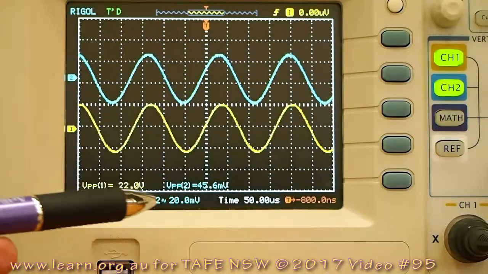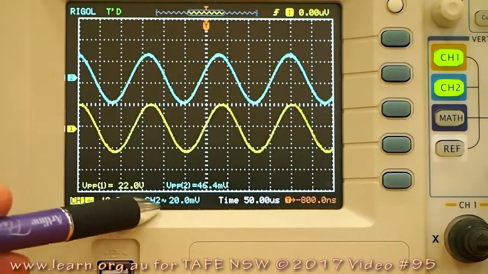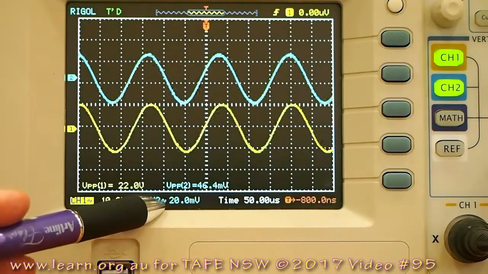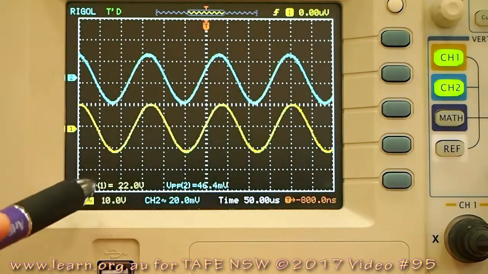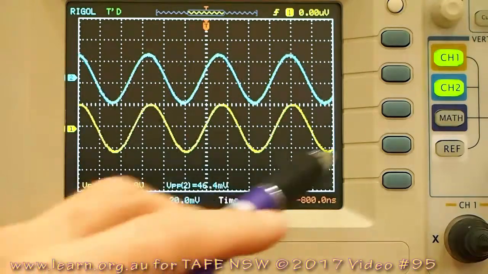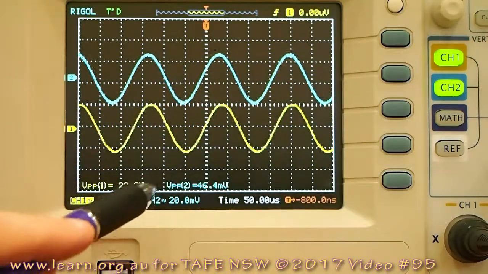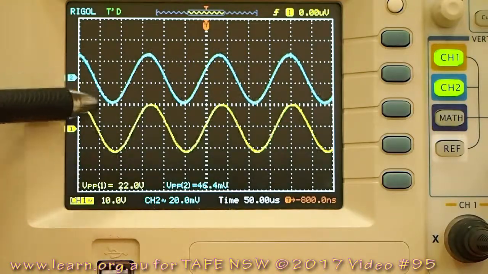I'm using channel 2, which is in blue, for the input. The input is set for 20 millivolts per division, peak to peak. You can see here VPP, VPP. It's important to make sure that the settings on the oscilloscope have been set up to read in peak to peak. So we've got about 46